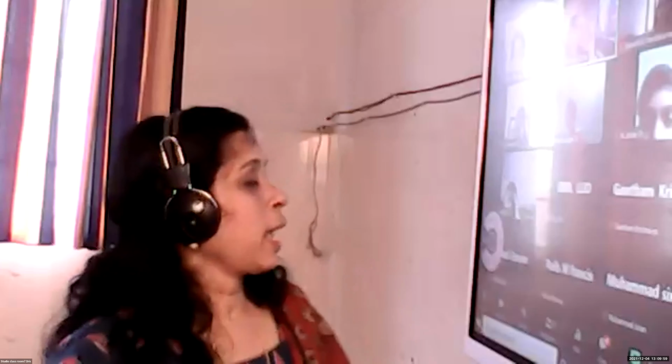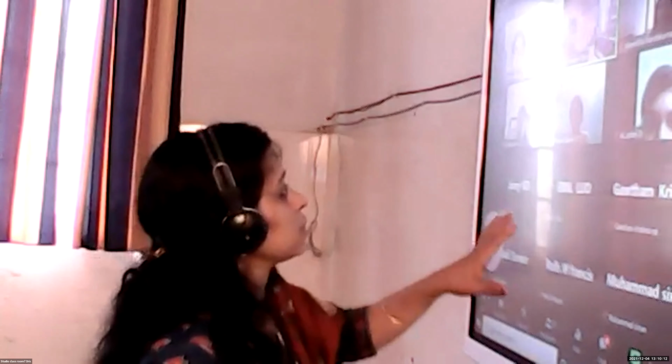Yes, Nivedita. What do you mean by ASA congruence criteria? ASA stands for angle side angle, and if under a correspondence, two angles and the included side of a triangle are equal to two corresponding angles and the included side of another triangle, then the triangles are congruent. Very good. ASA congruence criteria says that two angles and included side of one triangle is exactly equal to the corresponding two angles and the included side of the other triangle. Then we can say that the two triangles are congruent.